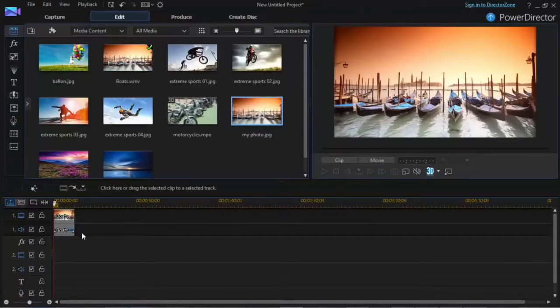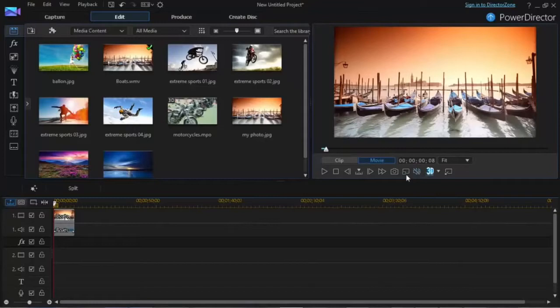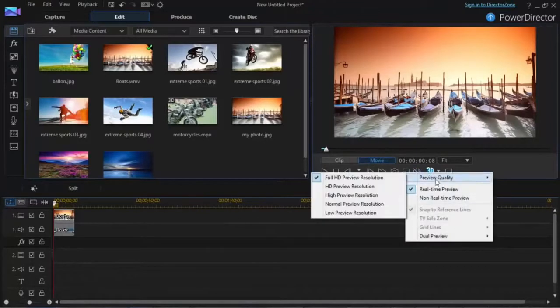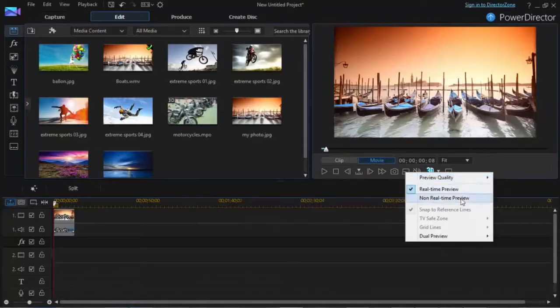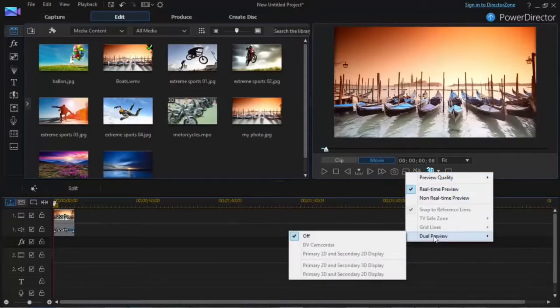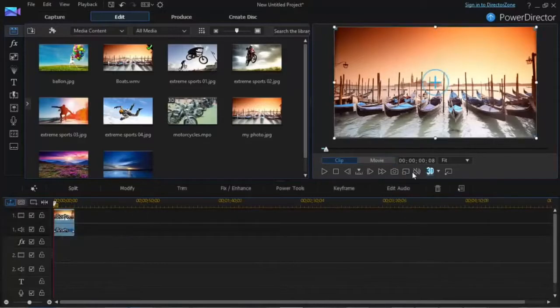Okay, so as you come back to the timeline here, as I told you, you can change full HD, HD preview, a high preview resolution, normal preview resolution, or low preview. You can choose and make it real time. And also, most of the time you want to use some